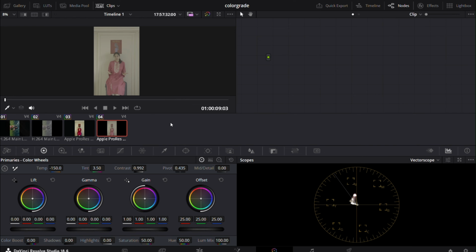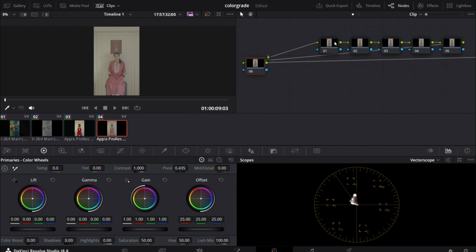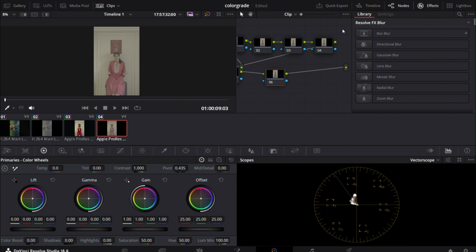Let's start with the indoor footage. Press Alt-S to create a serial node. For Mac, I think it's Command-S. And make 6 such serial nodes by pressing Alt-S. And go over to the Effects tab